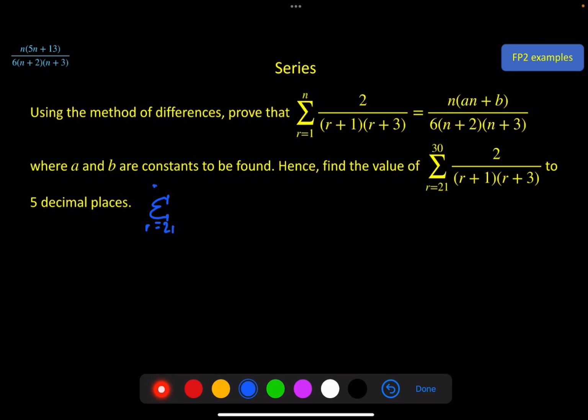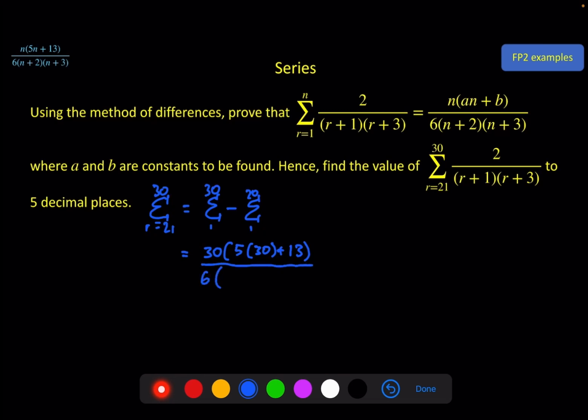from 21 to 30, you need to remember your work on series. That's the sum from 1 to 30 minus the sum from 1 to 20. I was a little bit lazy there, I didn't write out the actual expression, but you can see what I mean. So to get 1 to 30, we need 30 as our n here, and the a and the b, 5 and 13 respectively. So we're going to have 30 times 5 times 30 plus 13 divided by 6 times 30 plus 2 times 30 plus 3